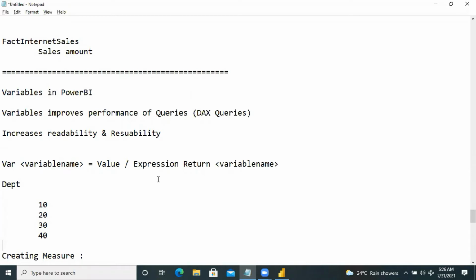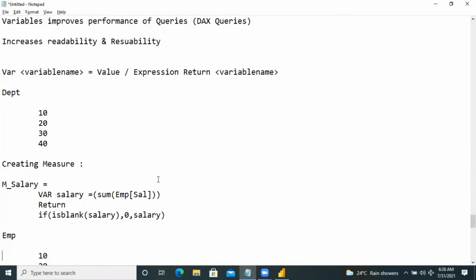So here I'm going to create the measure M salary. M salary is the measure name. The variable is salary, equivalent to sum of EMP salary, then return value.